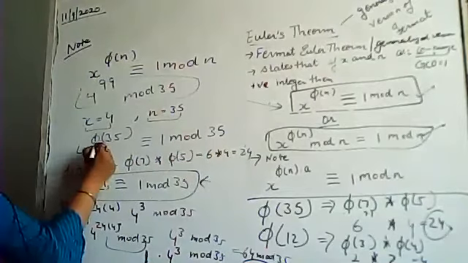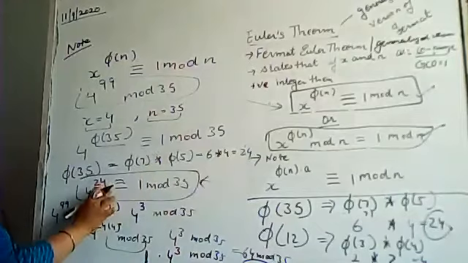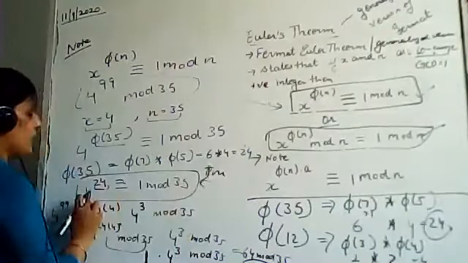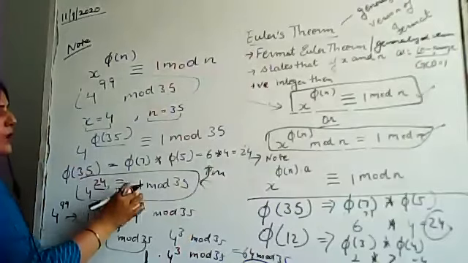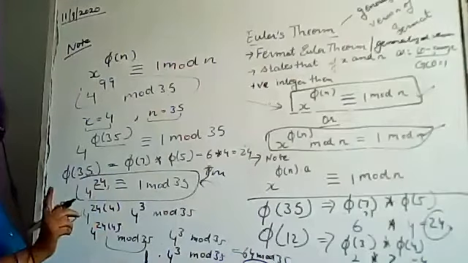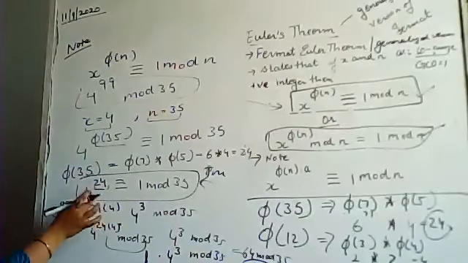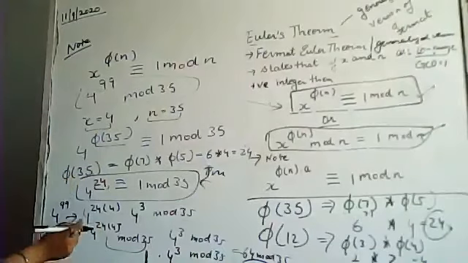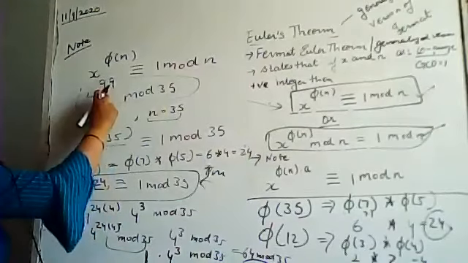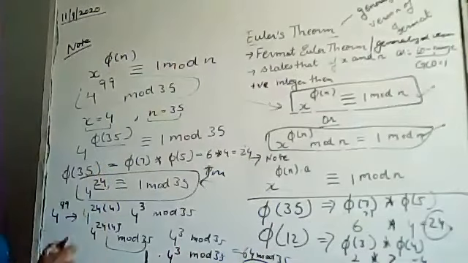So what answer for this φ(35) are we getting? That is 24. Now we have proved that 4 raised to power 24 will be congruent to 1 mod 35. That means its remainder will be 1. Now I will equate this particular value in this equation. How? As you know, my value is not 24, my value is 99. I will change this value to 99.